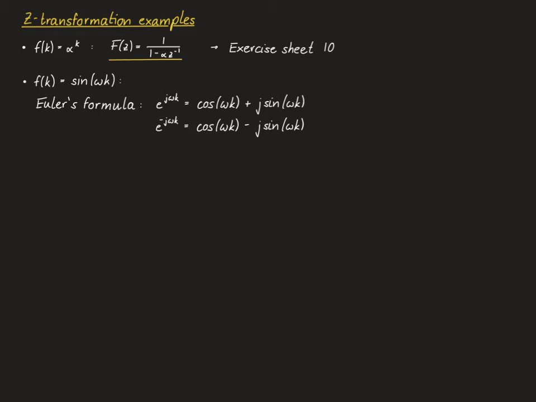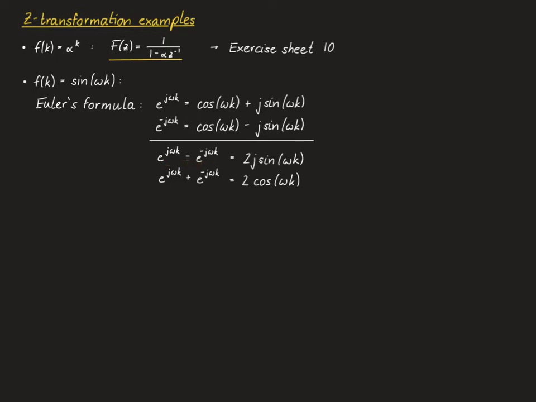And correspondingly, e to the minus j omega k is given by cosine of omega k minus j times sine of omega k. Hence, subtracting the two equations yields that e to the j omega k minus e to the minus j omega k is equal to 2j sine of omega k,